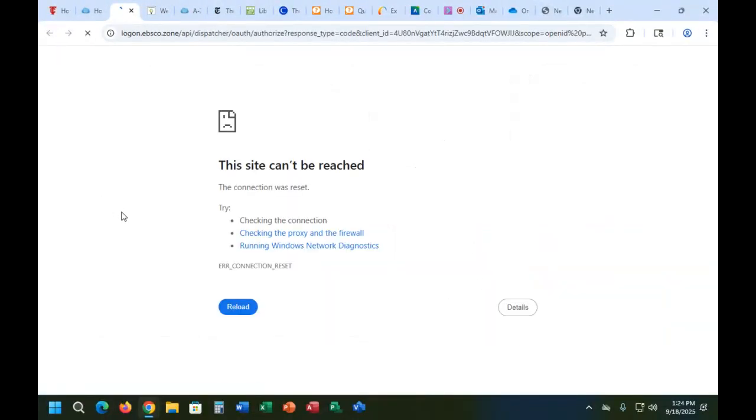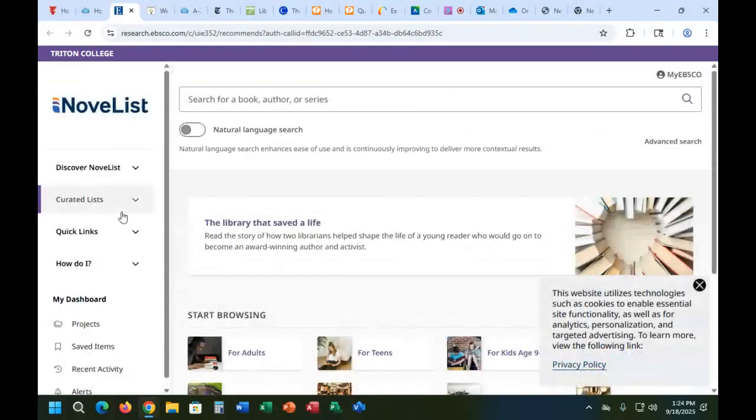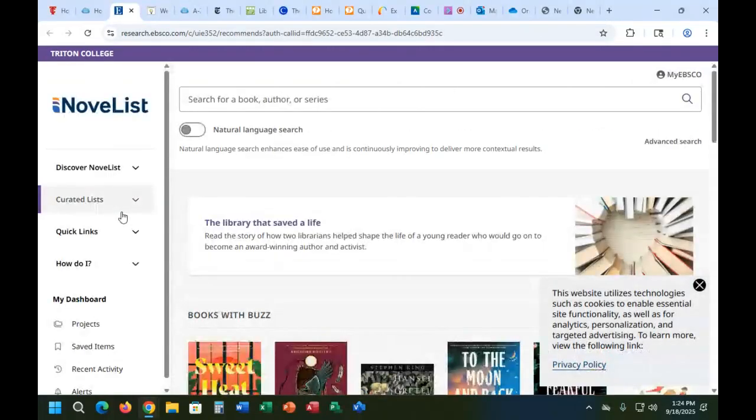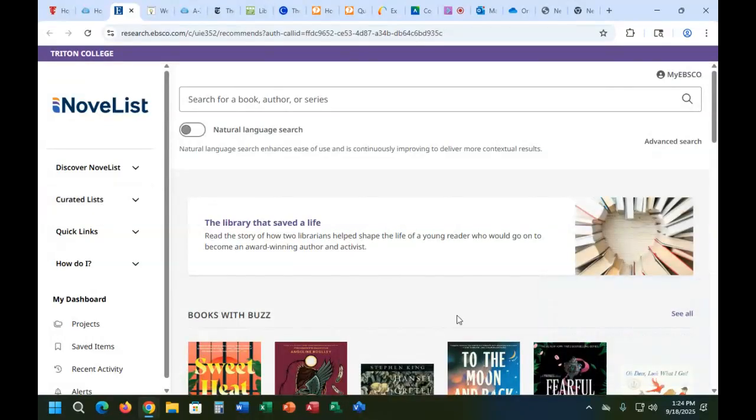I also really love Novelist. Novelist is a database that is hosted by EBSCOhost, and this is really way more for recreational reading, but I like to show it anyway because I want to remind everyone that just because we're an academic library doesn't mean that you cannot use us for your recreational reads. Novelist is basically an online reader's advisory database. So let's say you read a really wonderful book and you enjoyed it and you wanted to read another book similar to that book. So as an example,